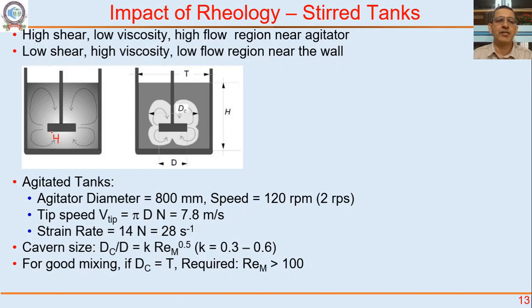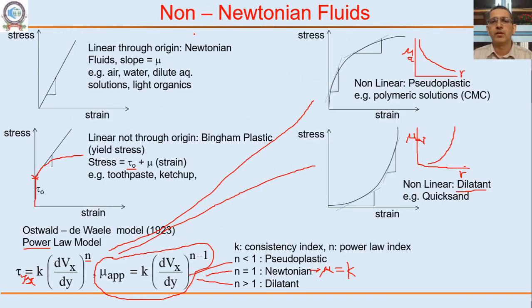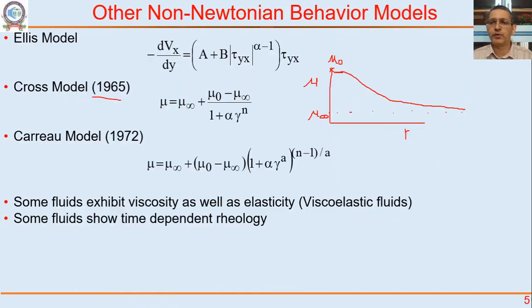So I will have high shear. Let me just put this value, high strain, and correspondingly high gamma. And wherever we are far away from this agitator, liquid velocity has become very small, and correspondingly we will have low shear in these regions. Low shear, low gamma. Now if it's a power law fluid, what would that mean? Low gamma would mean, look at this, low gamma would mean